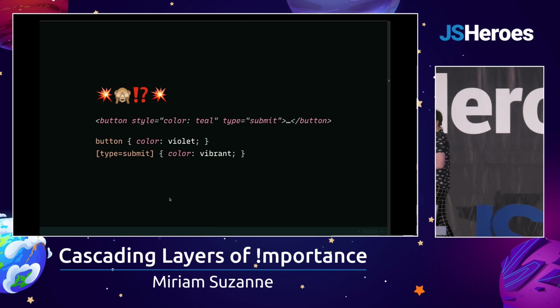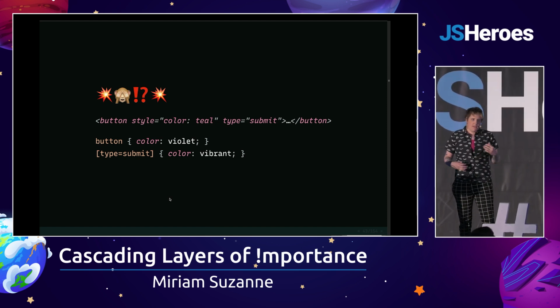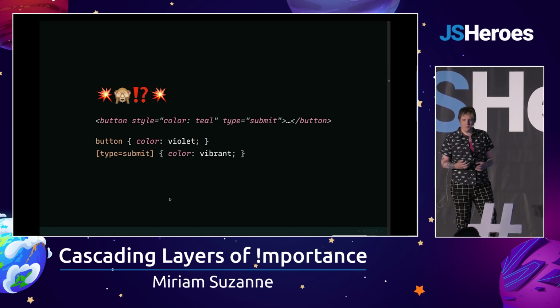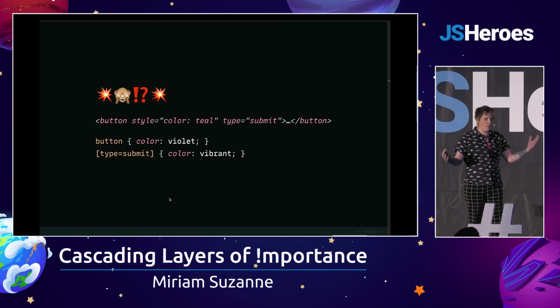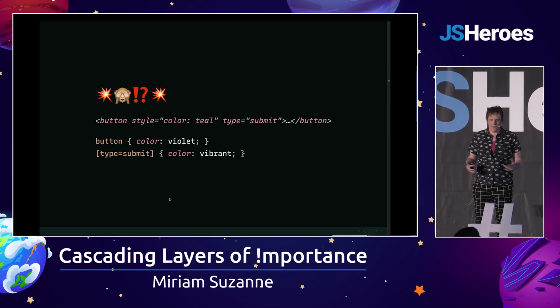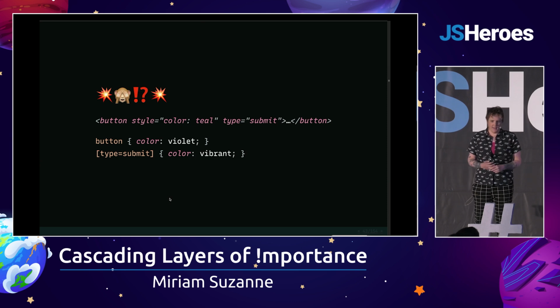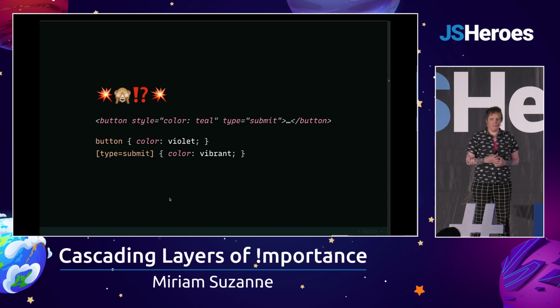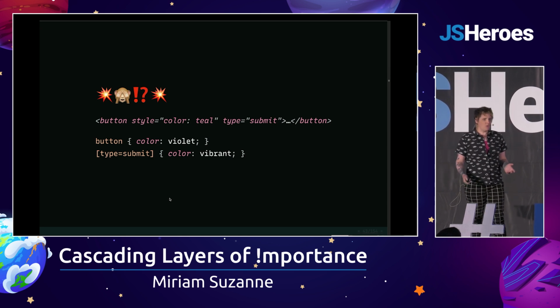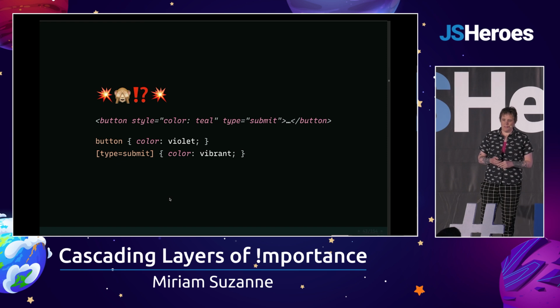But of course, there's a problem here, right? I mean, even without the browser and user providing styles, and without all three of us not being coordinated, even just myself writing styles on my site, I will run into conflicts. I can give this button 3 different colors, and one of them is fake, and what is the browser supposed to do with that information?